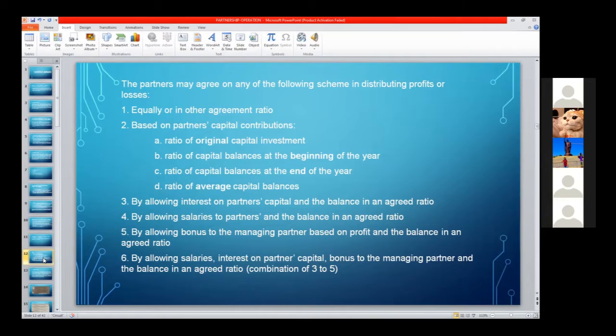Then second is based on partners' capital contributions. First is the ratio of original capital investment, or based on their contributions or investment at the time of the partnership. Then second is the ratio of capital balances at the beginning of the year. This is the partners' capital balance at the start of the calendar year. And then the ratio of capital balances at the end of the year,